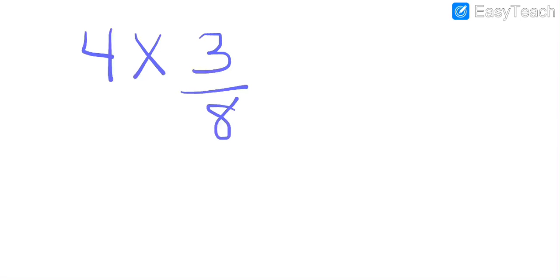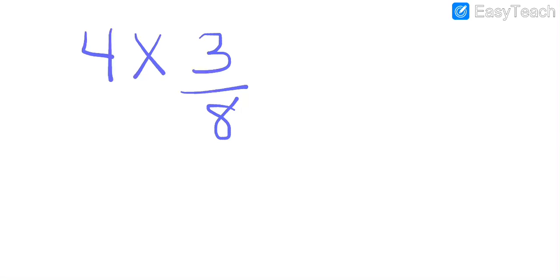Okay, boys and girls, we're going to continue practicing multiplication with fractions and whole numbers. So our next problem, get your paper and pencil ready, is 4 times the fraction 3/8. Okay, so when you see a whole number times a fraction, the first step you want to take,